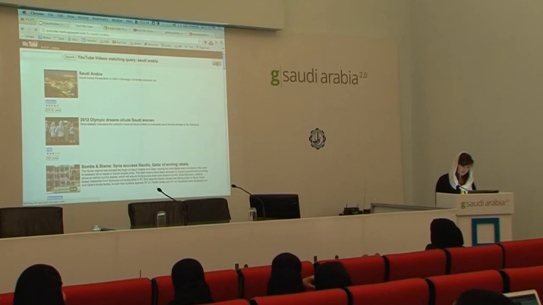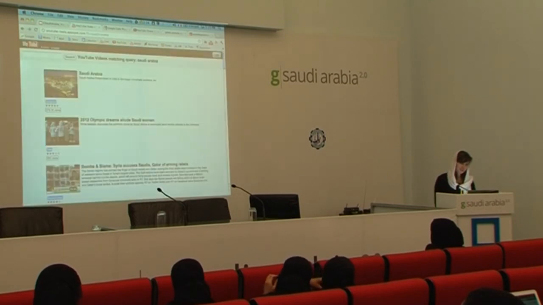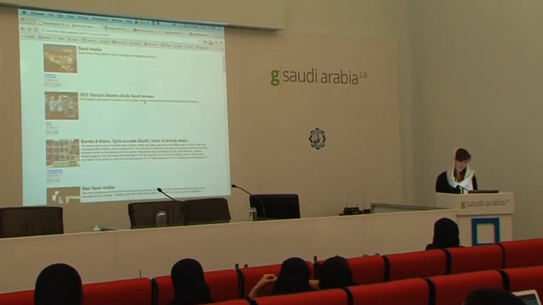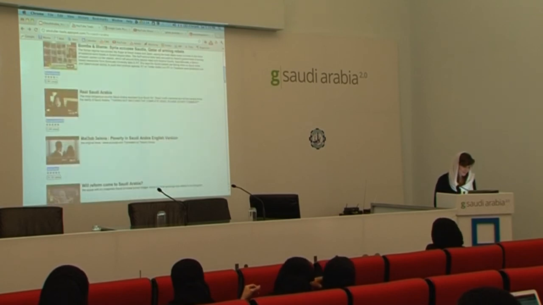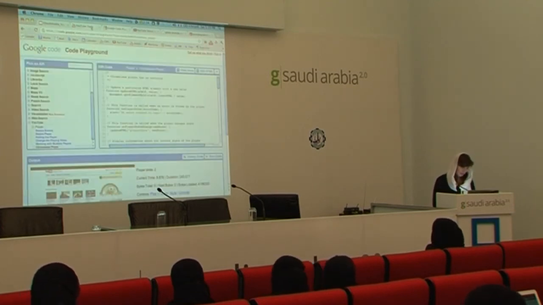If you log in, there is an error. You can actually retrieve different data about your account. So it's pretty cool. Doesn't seem to work, but